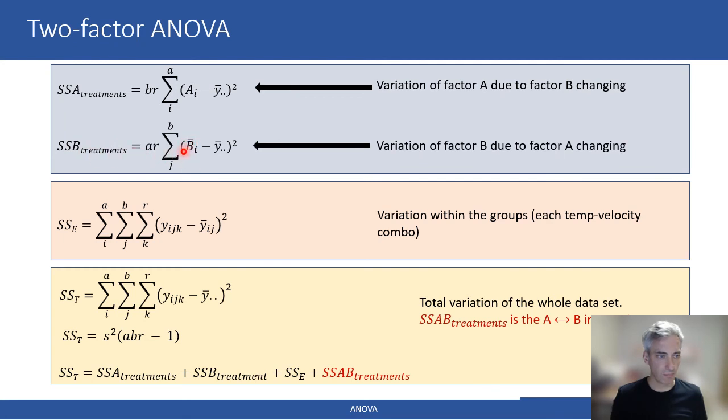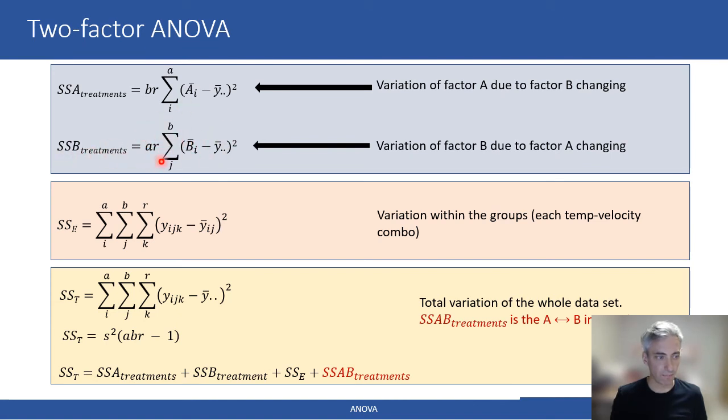Again, we look at the bottom row of the table on the previous page, which shows the temperature effect, and we look at the difference between the grand mean and the mean at each level of factor B, at each temperature, square it and multiply by